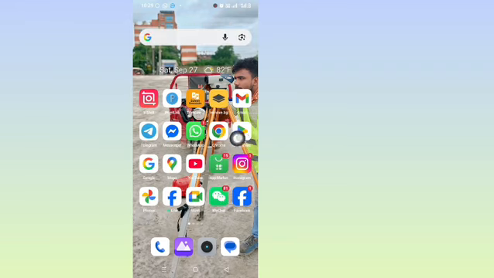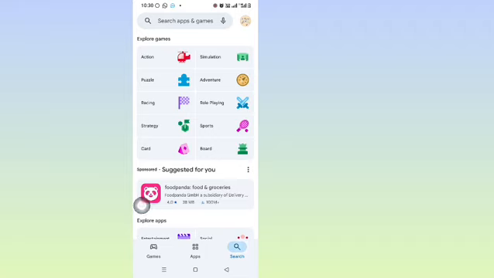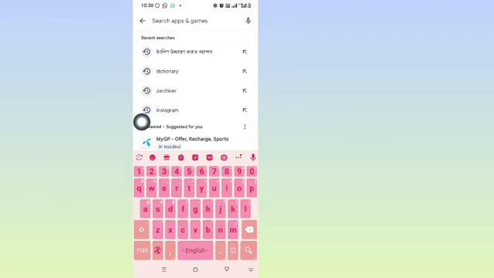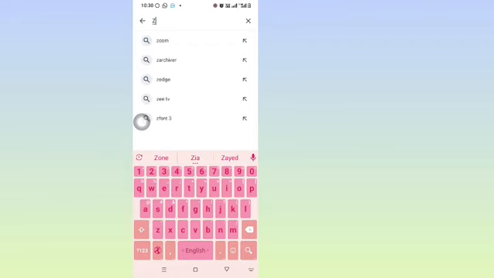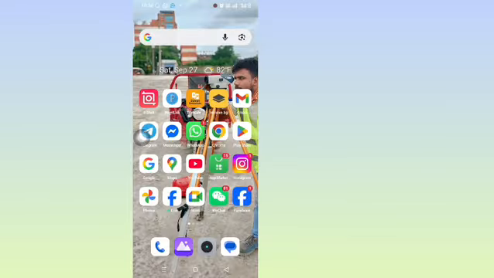and then tap on the Play Store application. Now tap on the search icon. Search here for Zarchiver. Update your Zarchiver if it is available. My Zarchiver is already updated. Now go back to your home screen